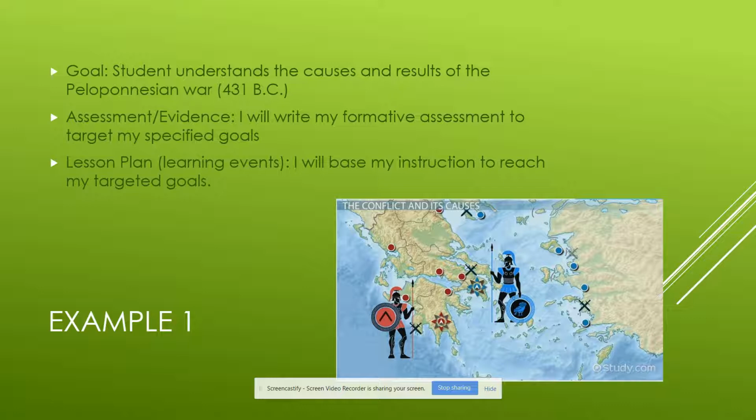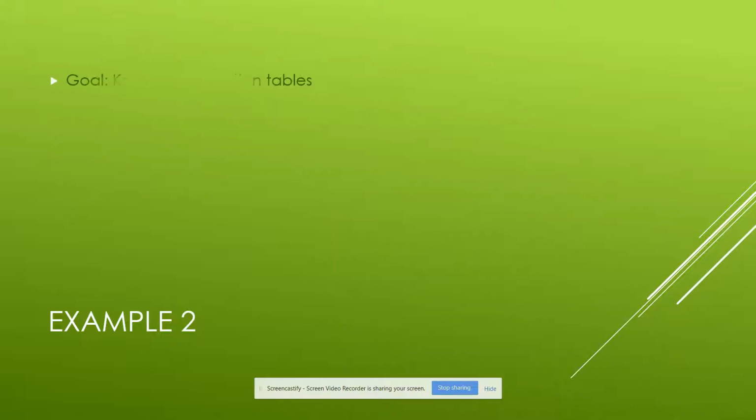And then I would plan my lessons to reach those goals. They know what Athens was known for. They know what Sparta was known for. They know the difference between the Delian League and the Peloponnesian League. And they know that ultimately this war leads to the downfall of Greece when they were conquered by Macedonia. It's pretty straightforward. An example, too, to keep me from geeking out on my